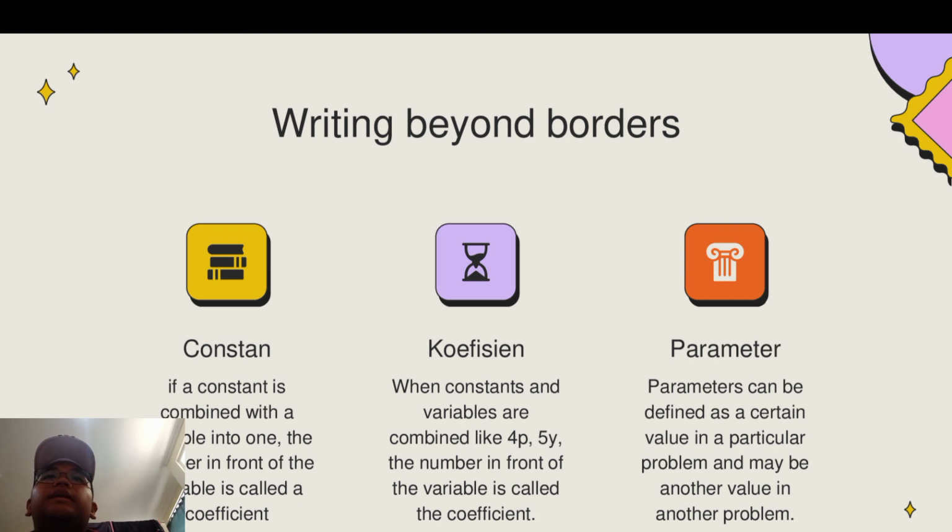If a constant is combined with a variable into one, the number in front of the variable is called a coefficient. Coefficient: when a constant and variable are combined like 4p, 5y, the number in front of the variable is called the coefficient. A parameter can be defined as a certain value in a particular problem and may be another value in another problem.